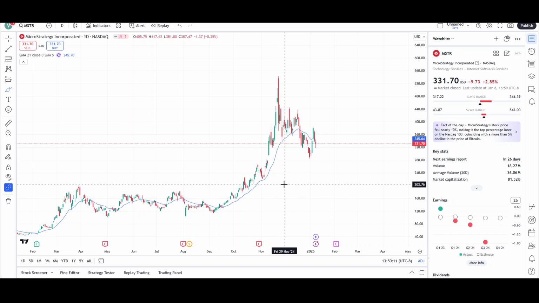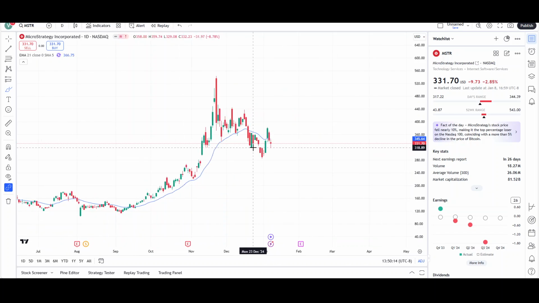So again, hopefully that answers your question of why I did not bring up the inverse head and shoulder, because it's not as strong as it could be in this context, but it is there on the chart. Now let's take a look at another question, which is